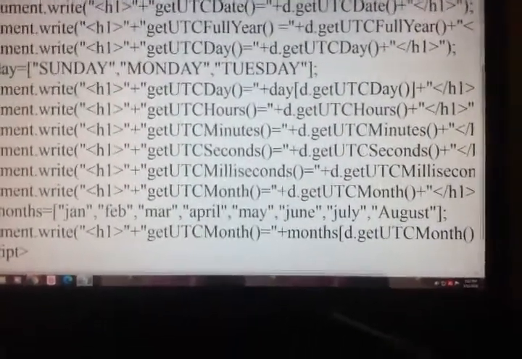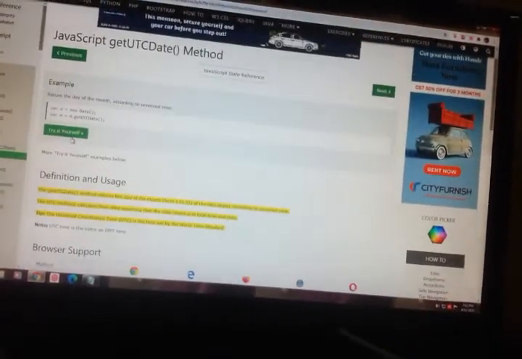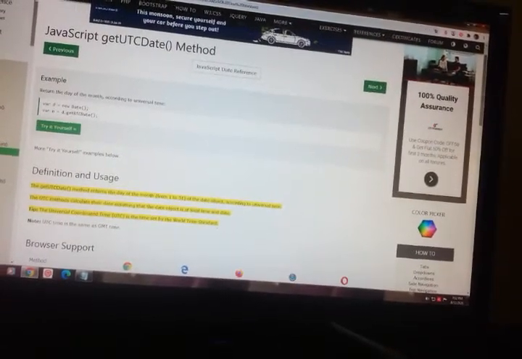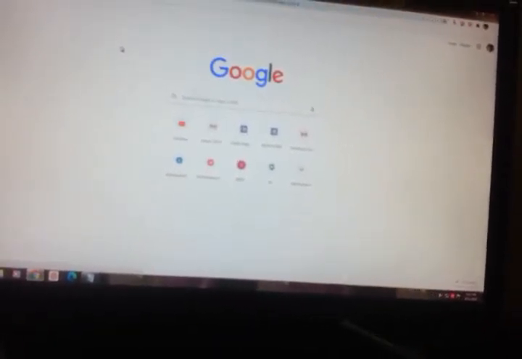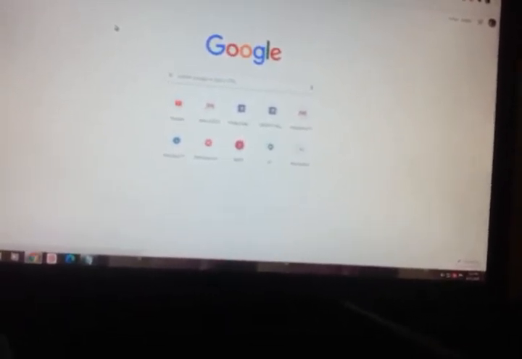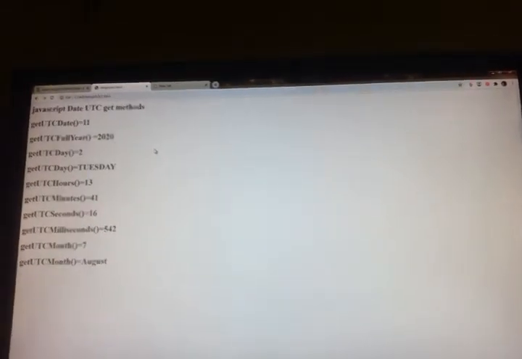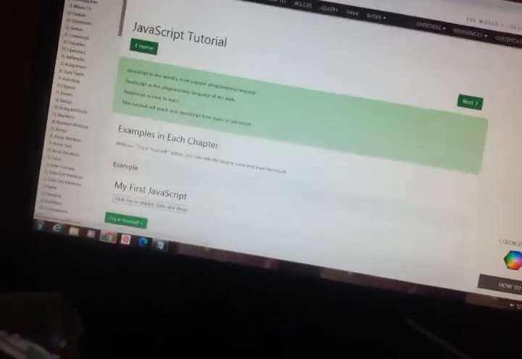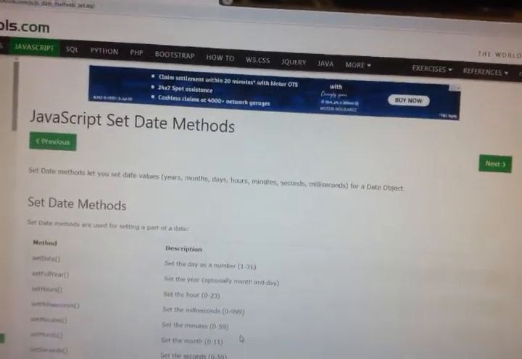Now next we will see date set methods. So there are many set methods available.